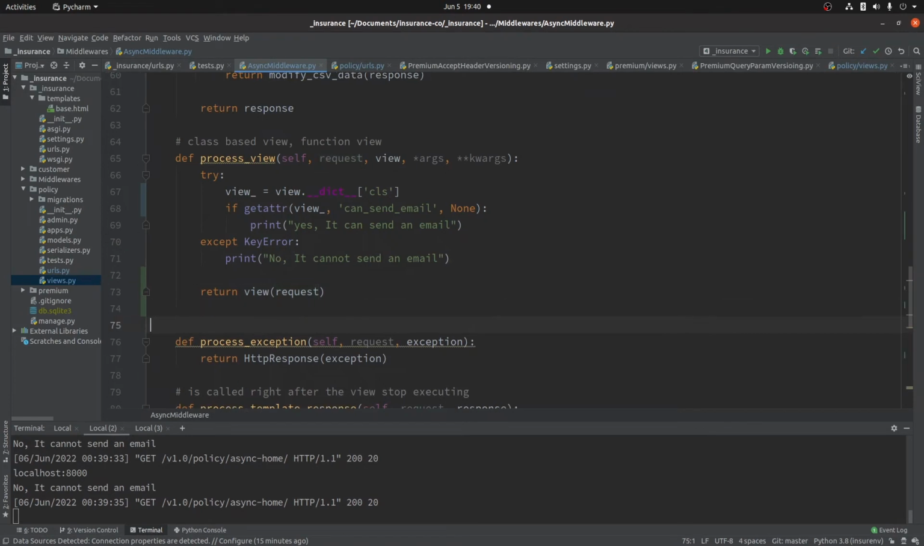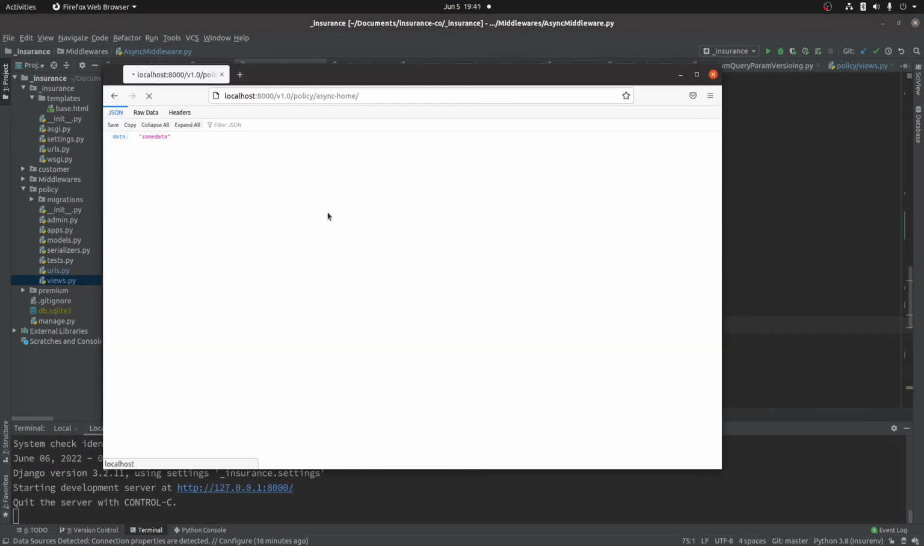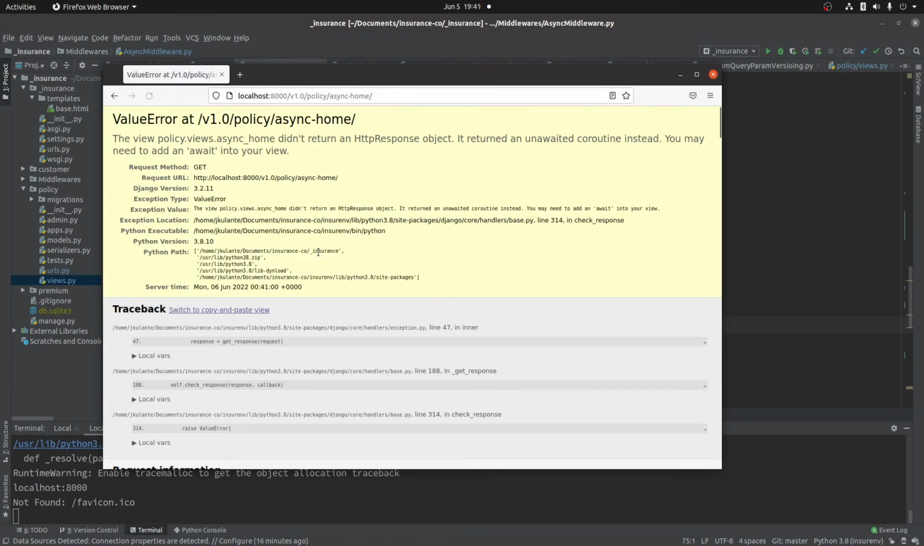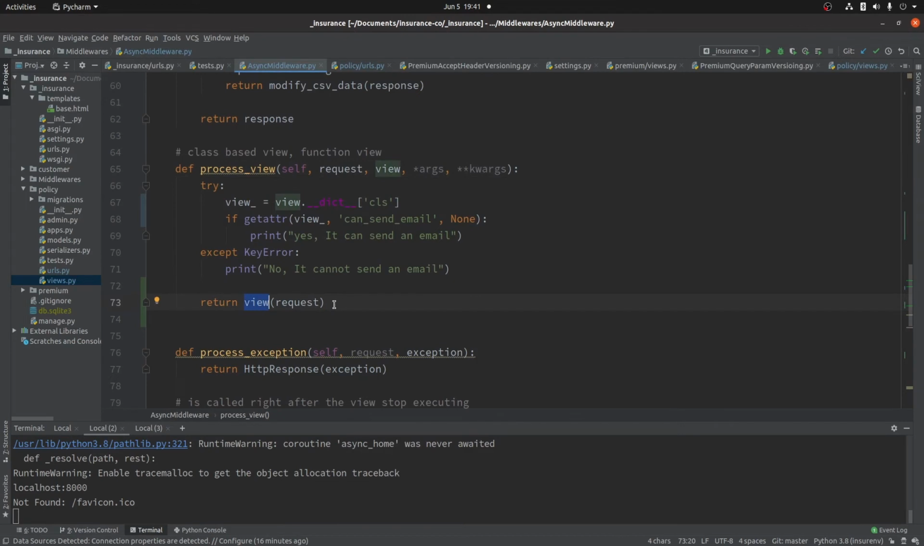Let's just return the view and pass the request and see what's gonna happen. Go back, refresh. Oh, now we got an error here. It says the view policy async home didn't return an HttpResponse object. It returned an unawaited coroutine instead, which means that this view